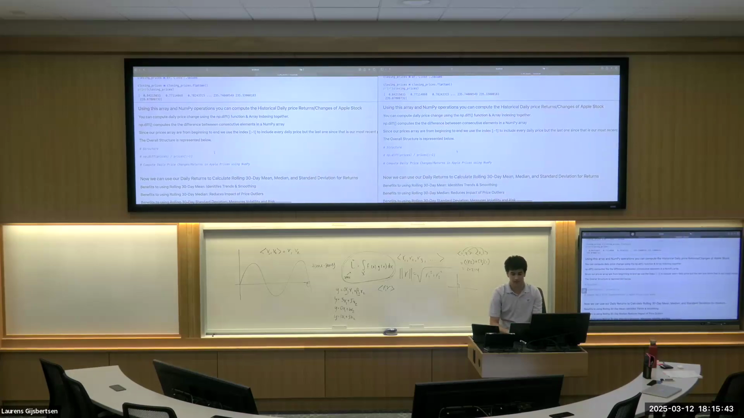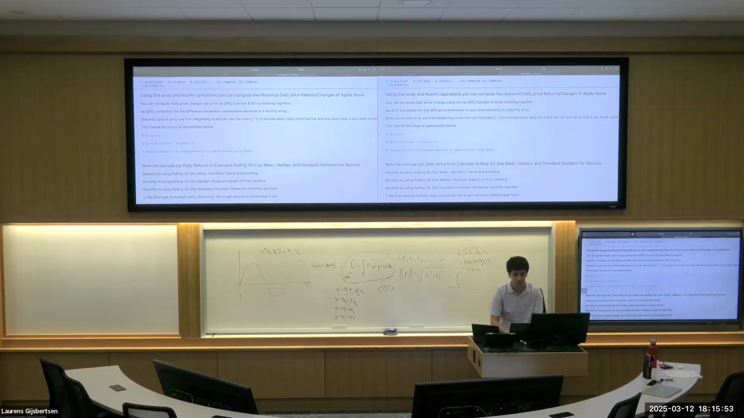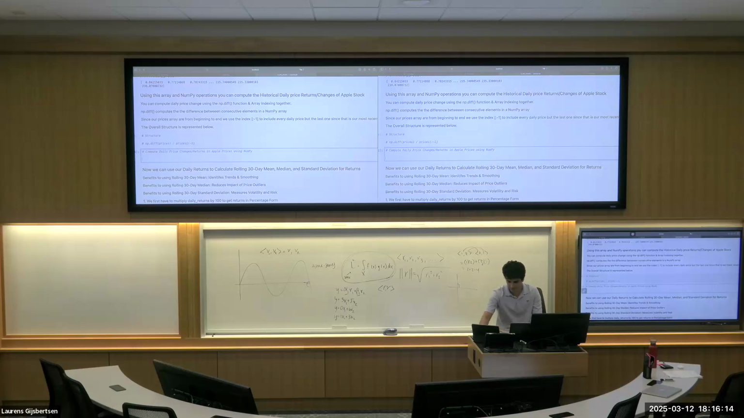So using this array in NumPy operations, you can compute the historical daily price returns. So we can get the percent change from the last day to the new day, right? The structure of the equation is np.diff, which is a NumPy function, and you insert the price array, and you divide that by the price of the last day, which is using -1. Or sorry, you divide it by all prices except the most recent one, which is the -1 index. So if I run this, it's basically daily returns